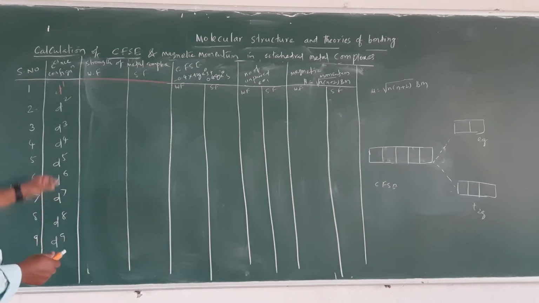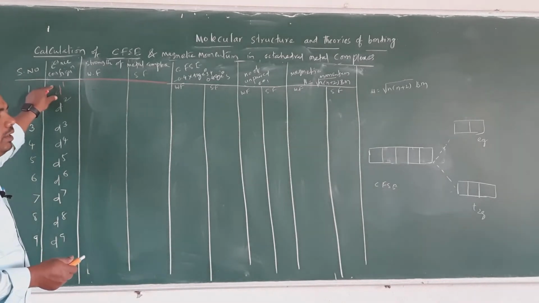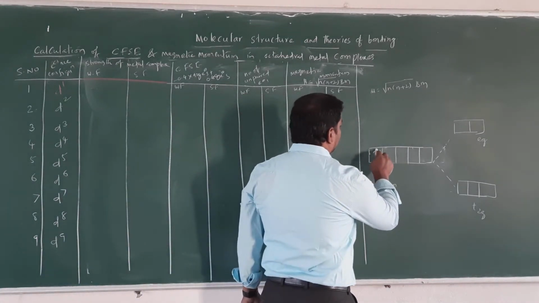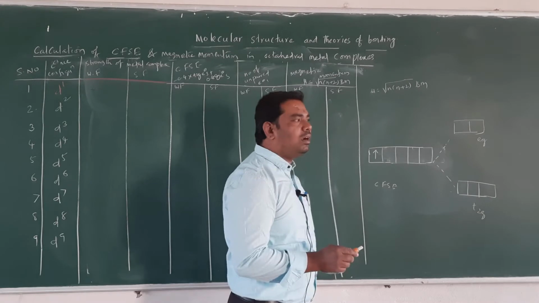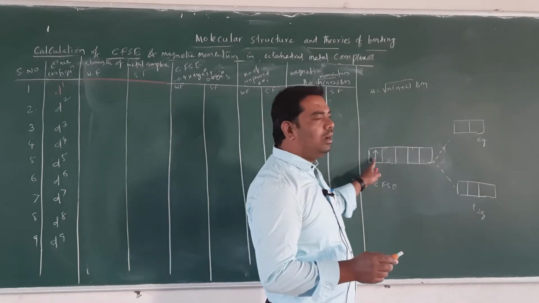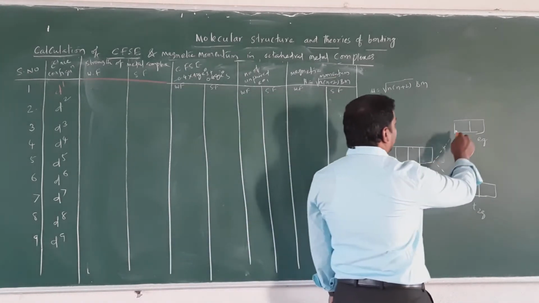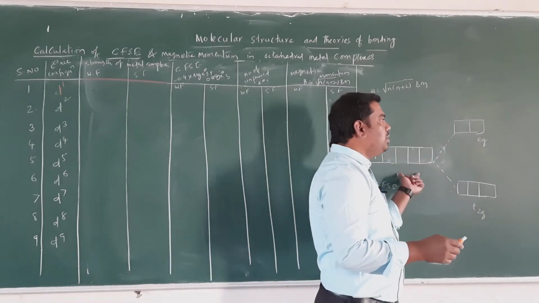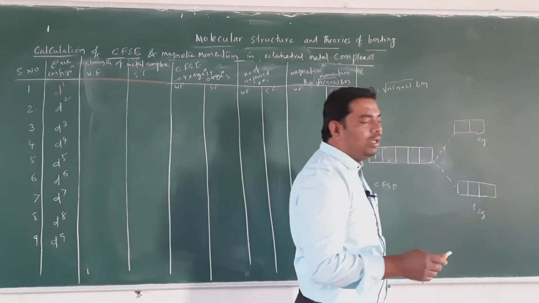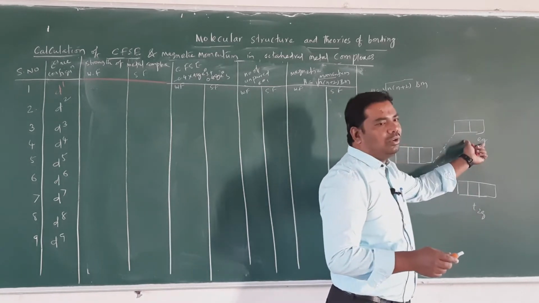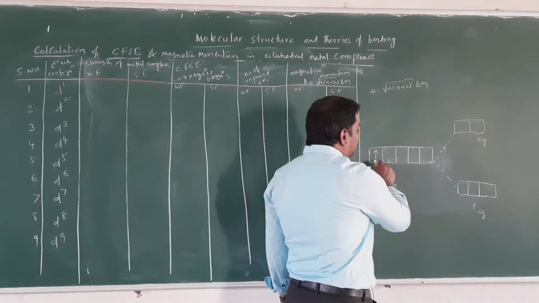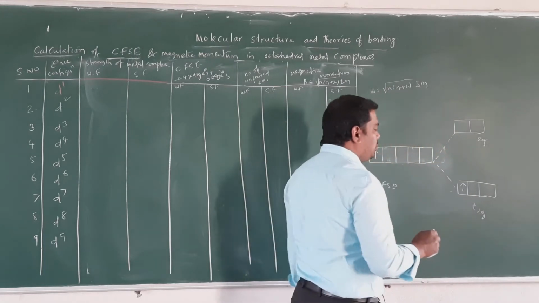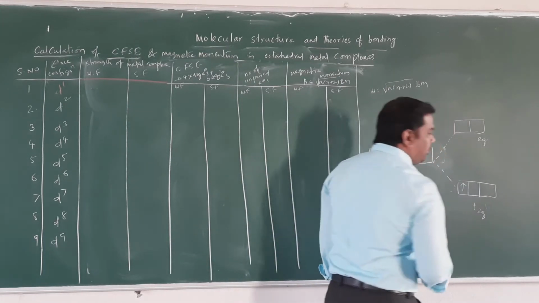If the metal atom has a d1 configuration, it means one electron is present in the degenerate orbitals. After the approach of the ligands, in octahedral crystal field splitting, these degenerate orbitals split into two energy levels, t2g and eg. The one electron goes into the lowest energy t2g level, so it is t2g1.